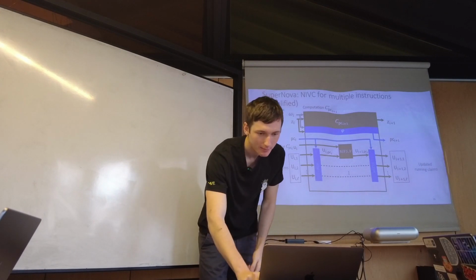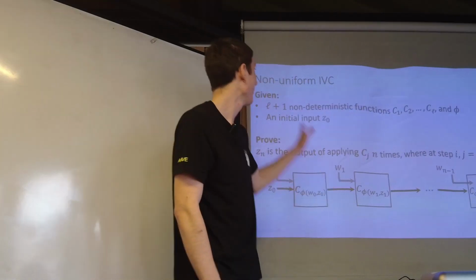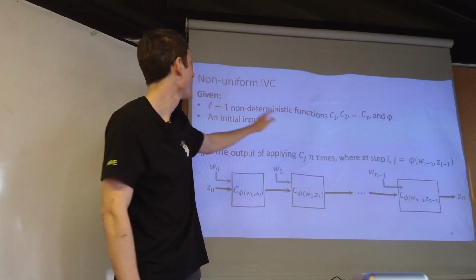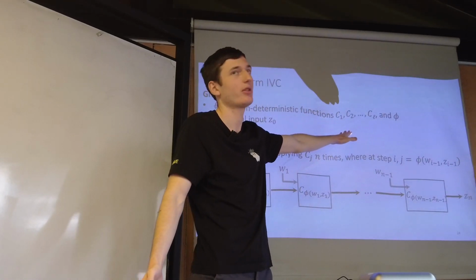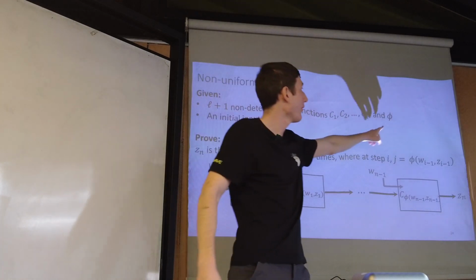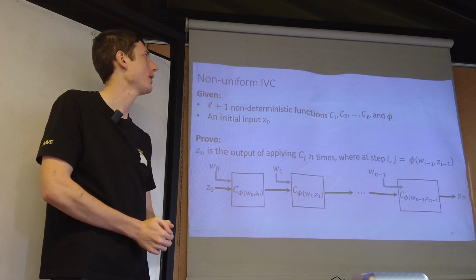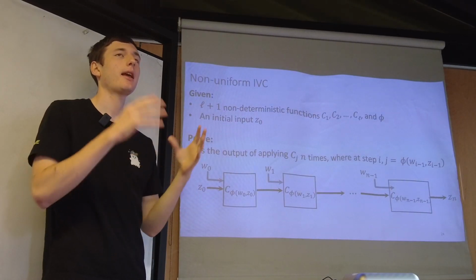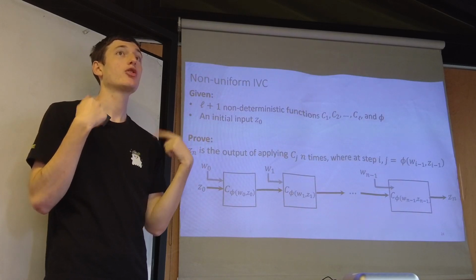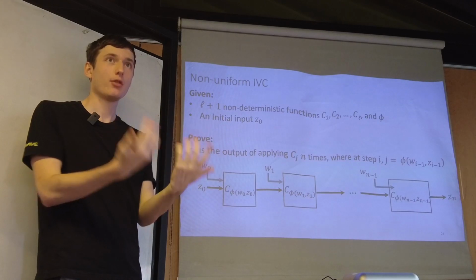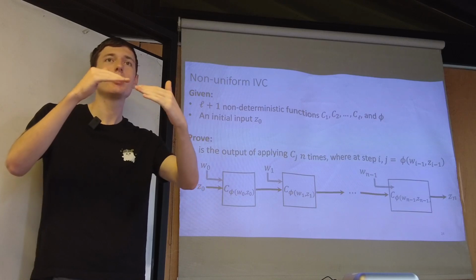Let's dive a little deeper to understand how it works. So let's get back a little. We will have L plus one non-uniform functions. L is just the number of instructions. So for instance, in our case, it's 141. But it's L plus one because we have this one, which is phi. Phi is going to be a special function that takes as input the outputs of the previous instruction and chooses which instruction is the next one. So basically, it allows for the sequentiality of a virtual machine.